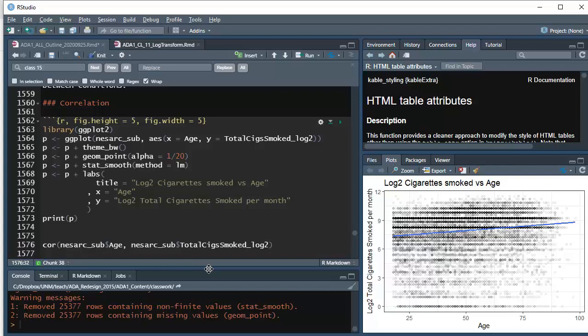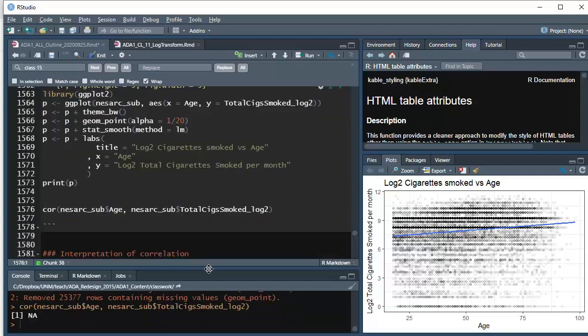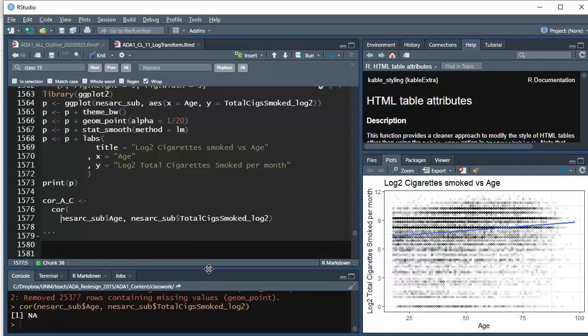Now this isn't going to work. Okay, I get an NA. And the reason I get an NA is because there are some missing values in the data set. There are some NAs. In particular, in log 2, there's a whole bunch of